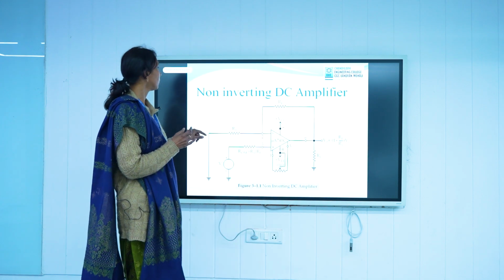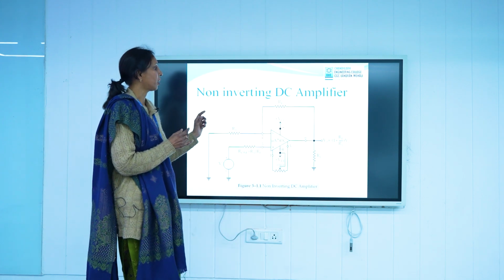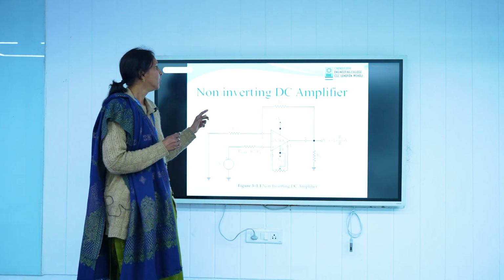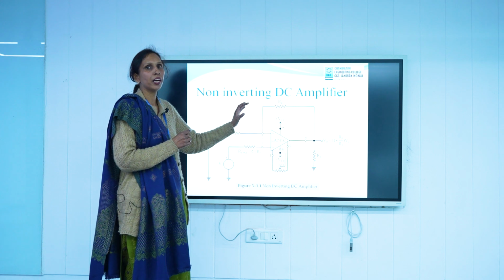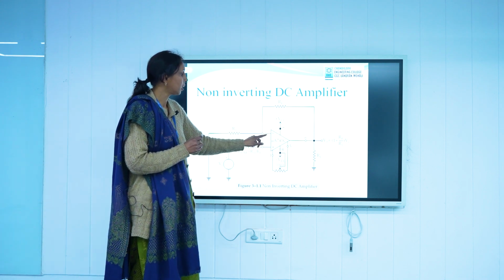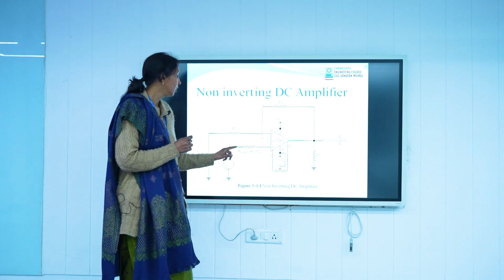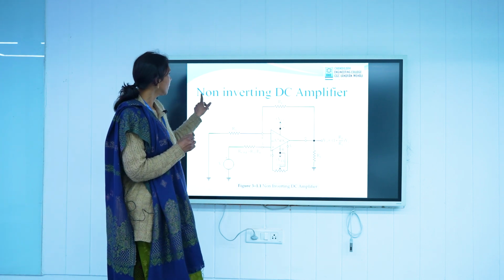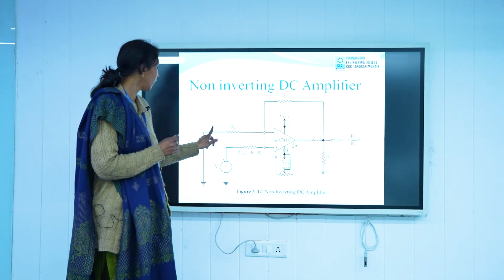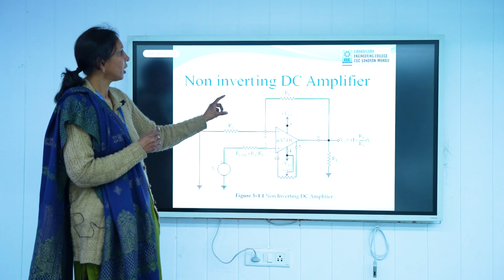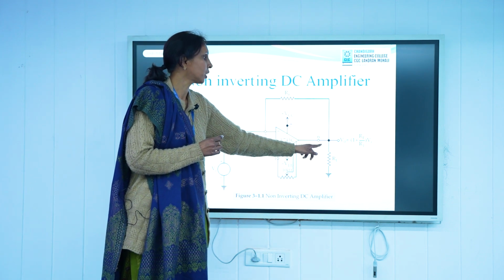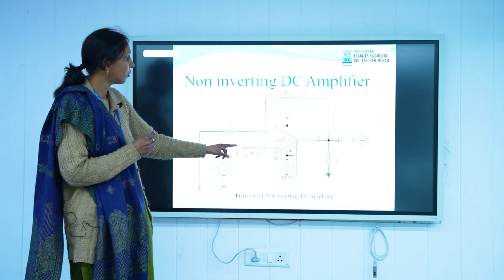The fourth application is the non-inverting DC amplifier. As we know, op-amp can amplify DC signals as well as AC signals, so it can be used as an AC amplifier and as a DC amplifier. In this circuit diagram, we are using a 741 IC. Since it is non-inverting configuration, we provide the input to the non-inverting terminal and the inverting terminal is grounded. Accordingly, we will get the output through the sixth pin, that is Vout.